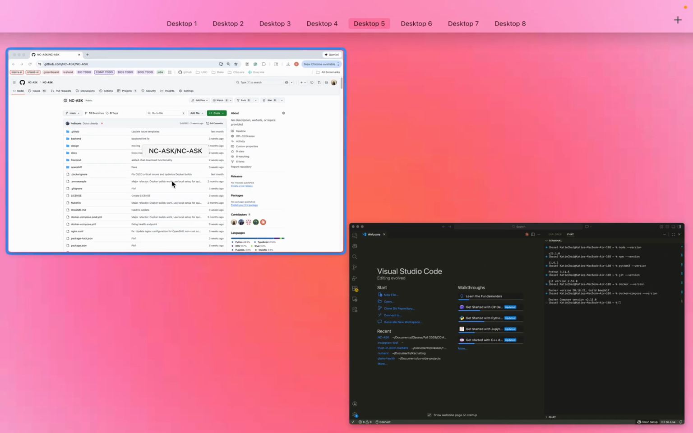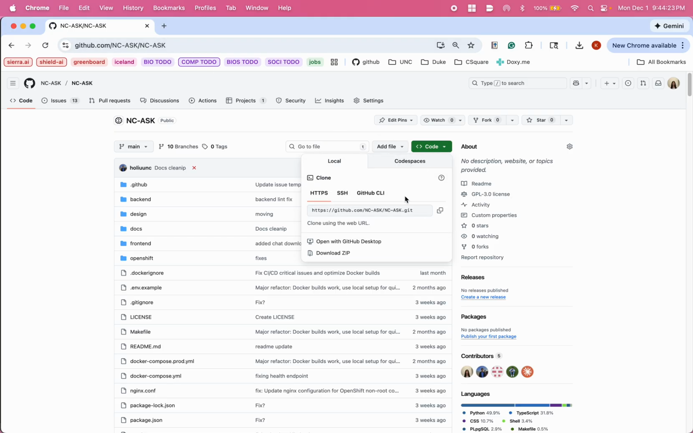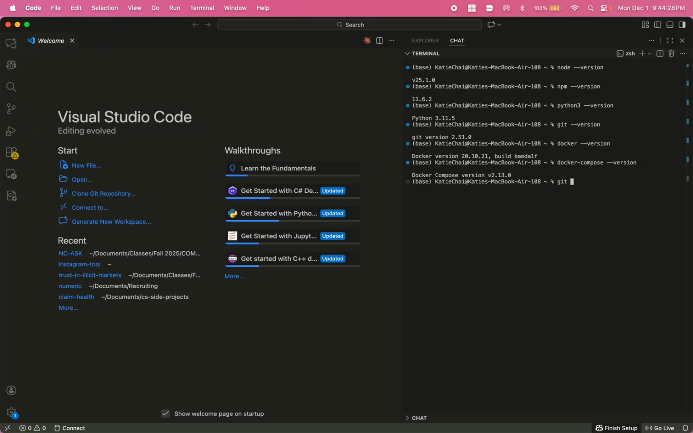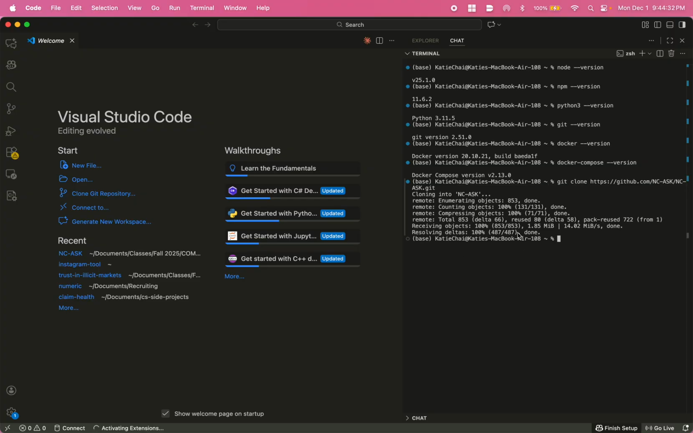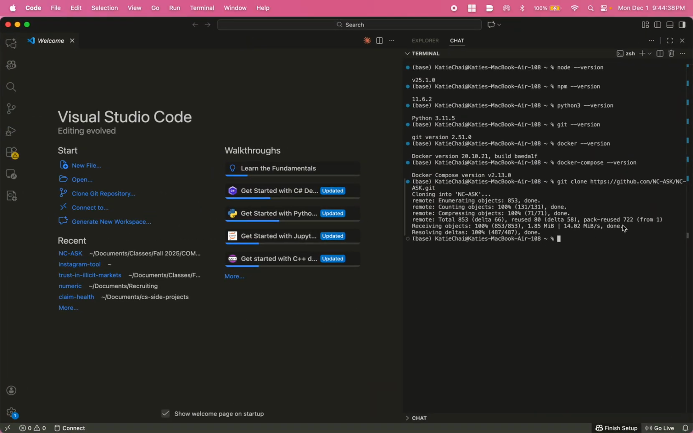After this, we want to go and clone a repository. So I'll put this link in the bio, but basically from here you want to click code, copy URL to clipboard, and then you want to run the command git clone and then paste that link. Here it'll clone basically all the files from here onto your local device. From here we can run cd ncask,